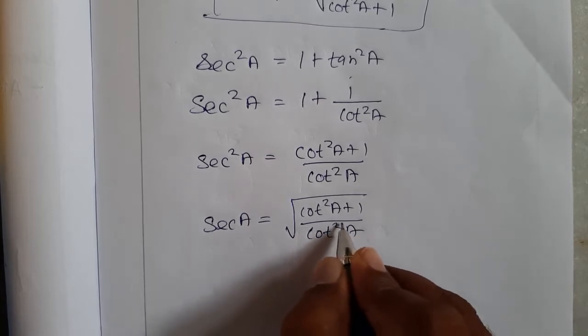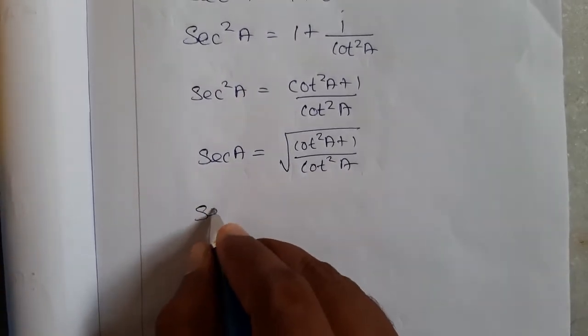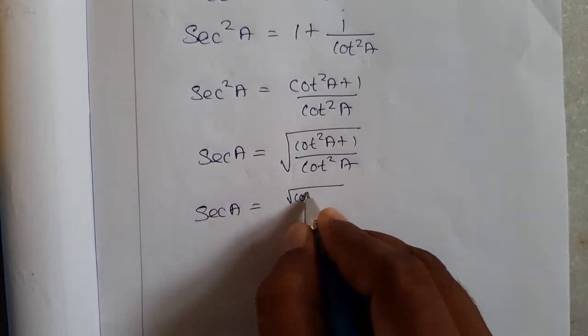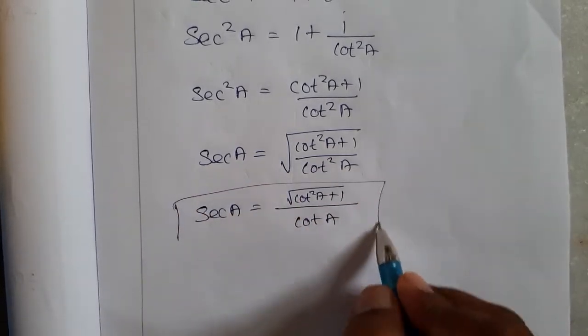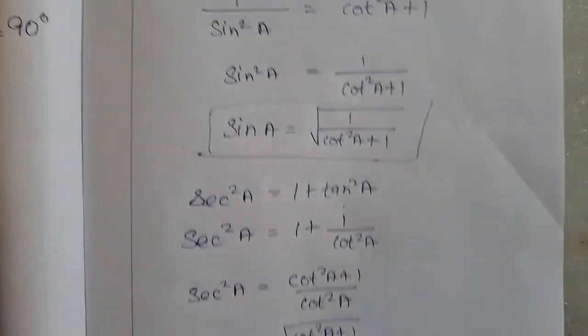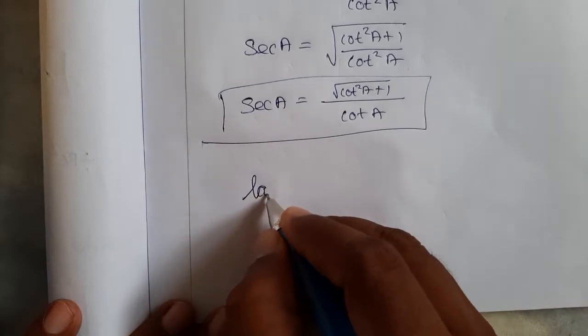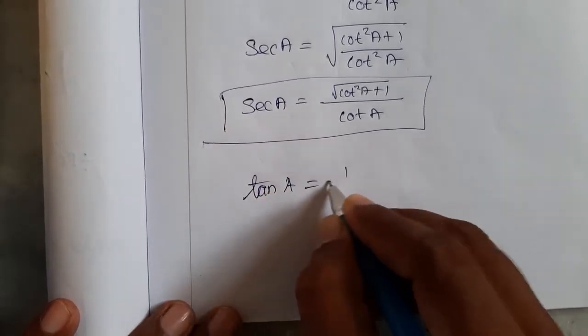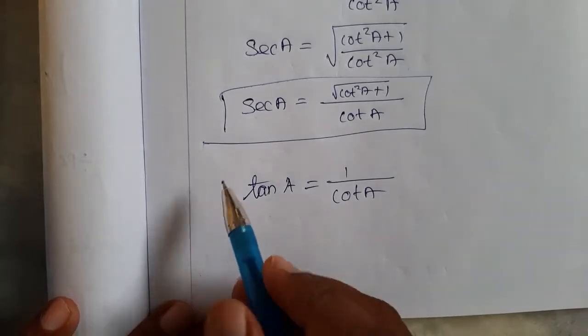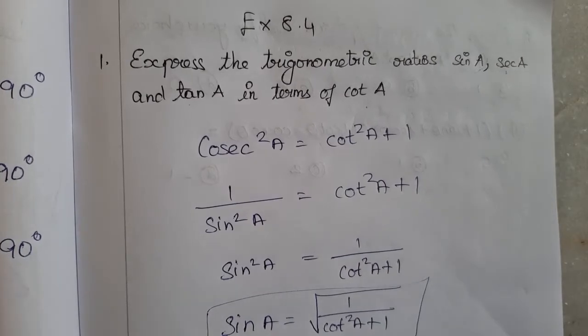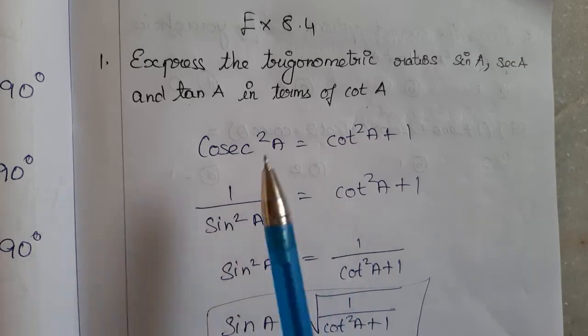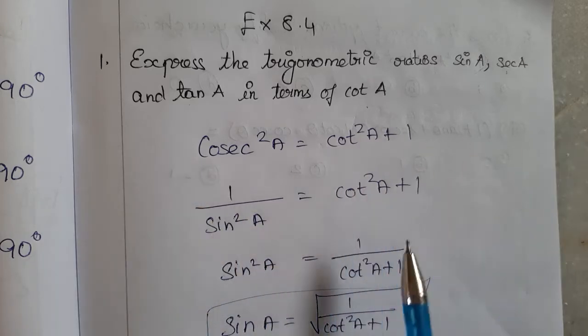So the denominator has only one term, cot square, and the square root can be cancelled. So sec A is equal to square root of cot square A plus 1 divided by cot A. So this is the sec represented in terms of cot. Finally we have to represent tan in terms of cot A. It's easy. Tan A we can simply write as 1 by cot A, which we learned in the beginning itself. Right? So like this, any trigonometric ratio we can represent in another trigonometric ratio with the help of these identities. Sometimes the same trigonometric ratios are like an inverse.